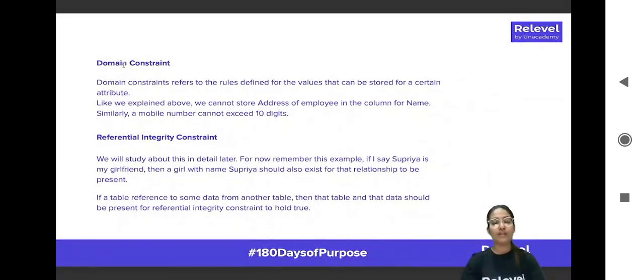Like we just saw that we cannot store address of the employees in the column for name because it's not possible. Similarly, let's say if I am storing the mobile numbers of the employees, it cannot exceed 10 digits. If you are exceeding it for more than 10 digits, then you are actually violating the attribute domain, which is not possible. Okay. And the last one is referential integrity constraint, which we'll obviously study about later,